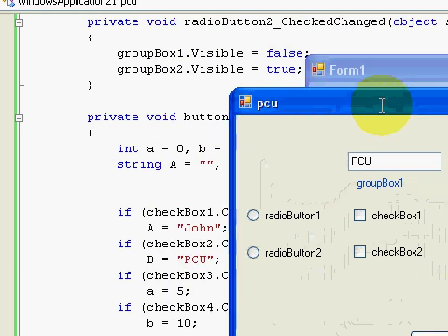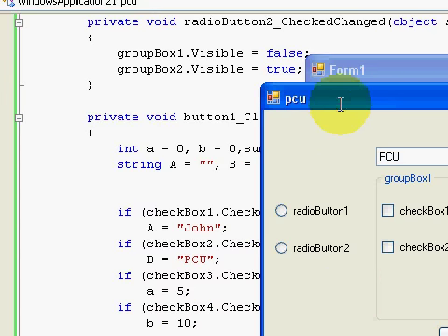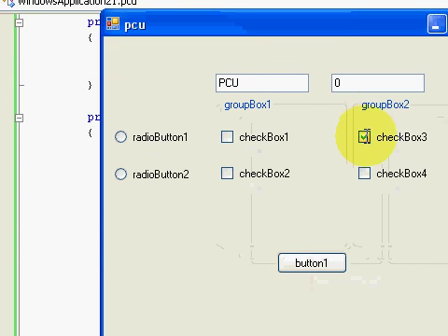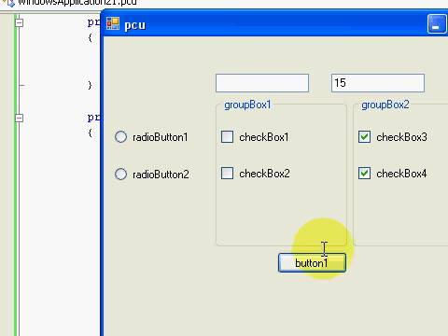Now, in this side, this is the integer. As you can see, 5 and 10. If you're going to add 5 and 10, it's going to display 15. Then 15, if you're going to uncheck the checkbox 4, you're going to display 5. Because the value of checkbox 3 is 5. Then the value of checkbox 4 is 10. Okay. Now, if you're going to check all of this, as you can see, it's going to display 15 and